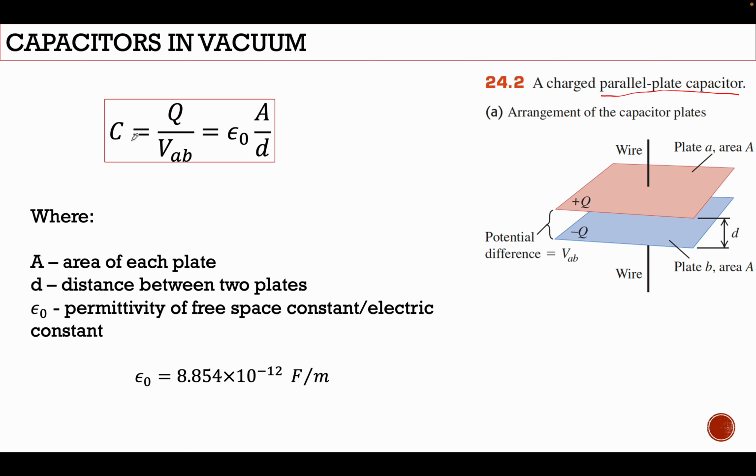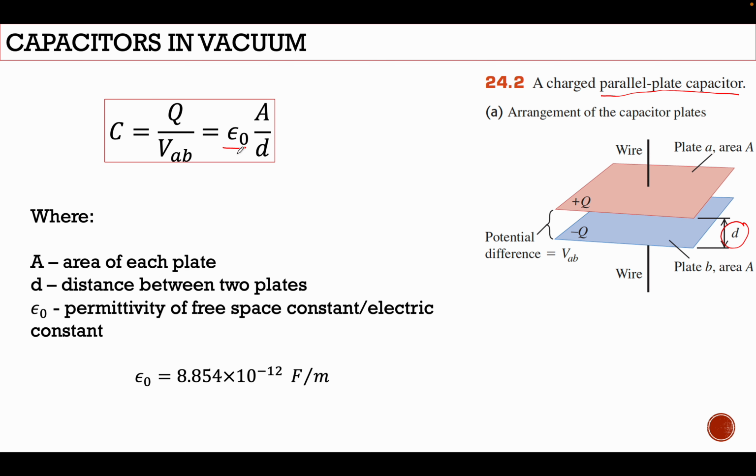To solve for the capacitance, this is the formula: capacitance is equal to the charge Q divided by the potential difference VAB. Given the area of the parallel plate and the distance D between the two parallel plates, the capacitance in a vacuum is equal to epsilon naught